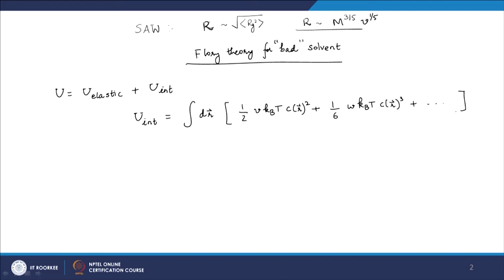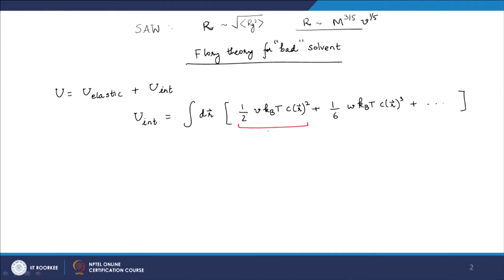so in the earlier case we only considered the first term, and now we will consider both first and second term, and we will see what difference it makes. So, the earlier one was for v higher than 0, and now we do it for v less than 0. Okay. And we have given the argument that there will be more 3 body interaction when the chain is collapsed, simply because the number of contacts increases as we go to a collapsed chain.